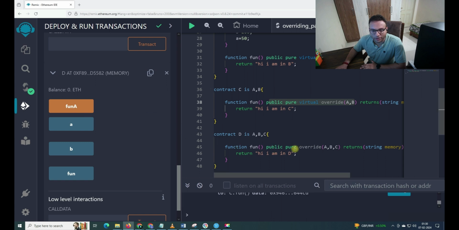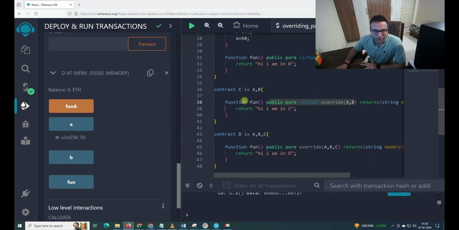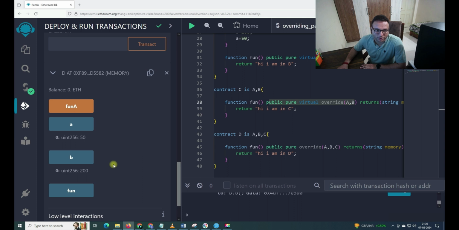In this also, if I try to see the value A, this is 50 derived from the B itself. Now B equal to 200, it's the same value. The constructor has run last for us. Now if I run that function A and try to see, it becomes 10 as obvious. So once the final constructor is running inside of the contract itself, your final value will get assigned. So wheresoever I try to access the value of A inside of the whole code, it will be the same 50